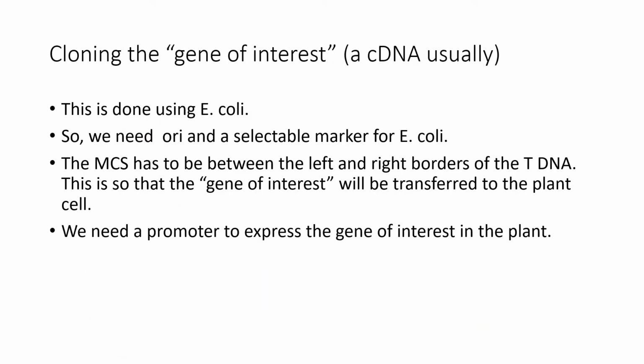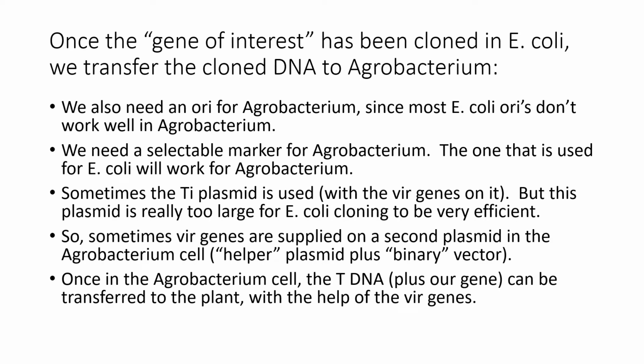All right, so we need a promoter, etc. There's also a multiple cloning site. The gene of interest is going to be put in there, and the full-size T-DNA does have the Vir genes on it, but it makes the molecule a little bit cumbersome to work with. So many times the Vir genes are supplied on a second plasmid in the Agrobacterium, and that's considered a helper